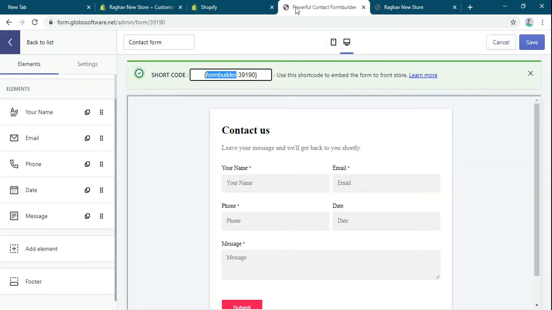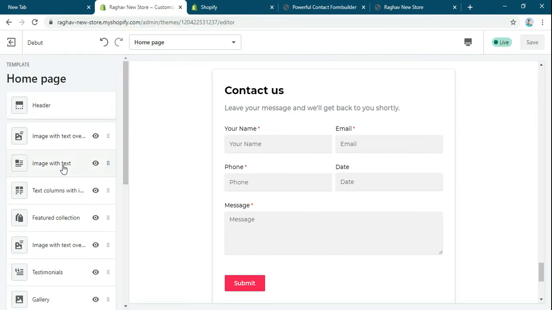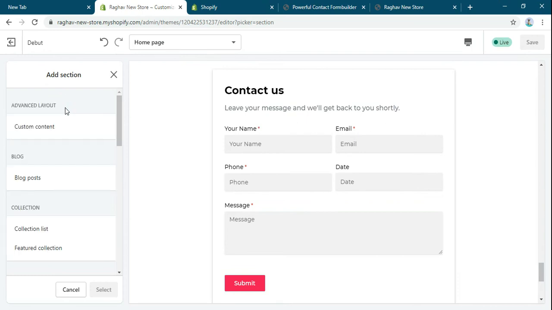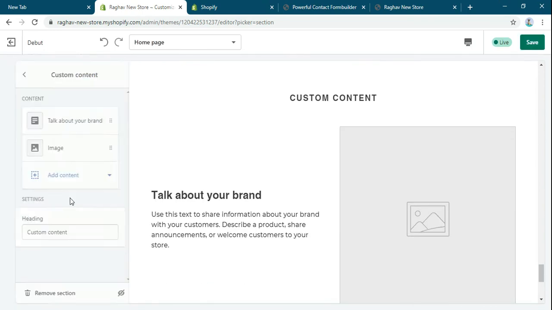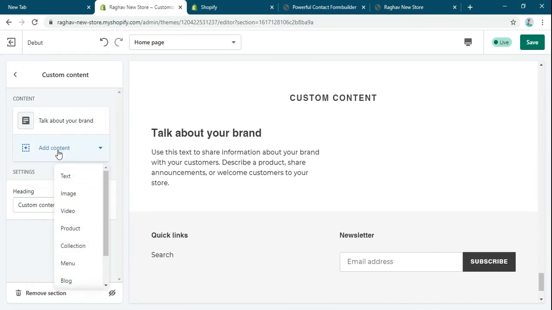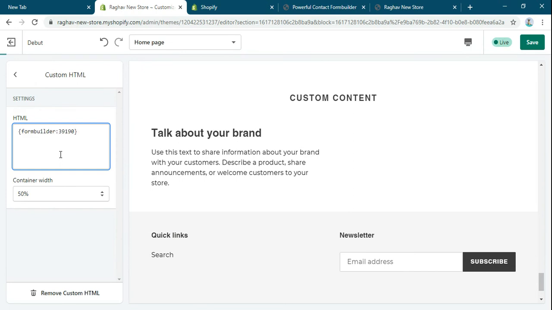And if you want to add it using the shortcode, you can also add it here. You don't want the image here, you only want the custom HTML. So you can define the code here.